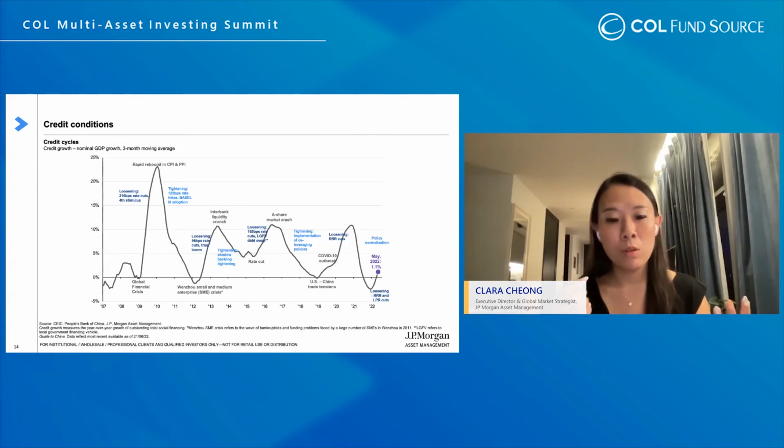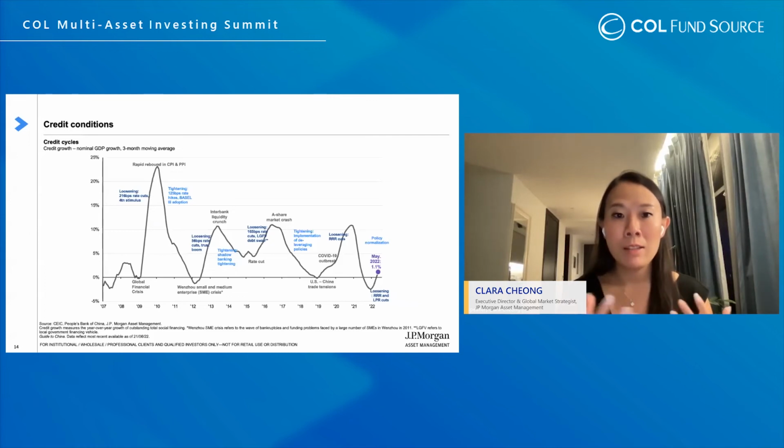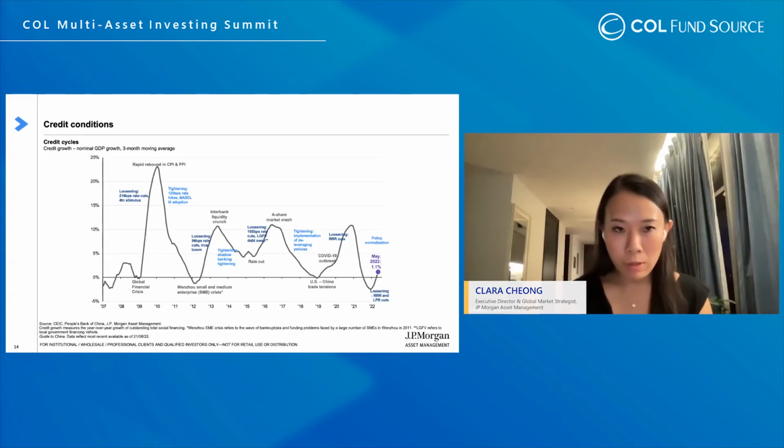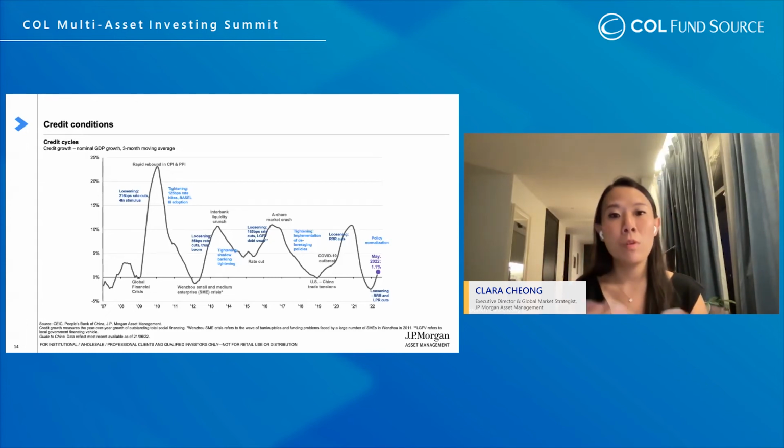Because the lower mortgage rate for the new loans will help, number one, lift mortgage loan growth on the margin, and that will actually help existing people as well, as they have lower financing costs for existing mortgages. And this should really help them to have a little bit more disposable income that they could spend on consumption and help the overall growth picture in China as well.